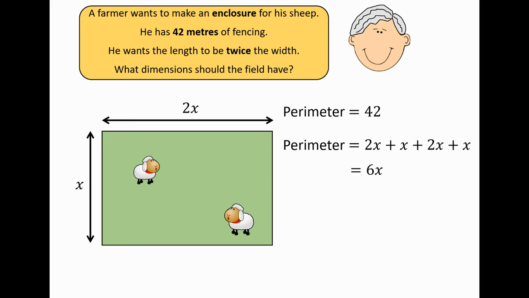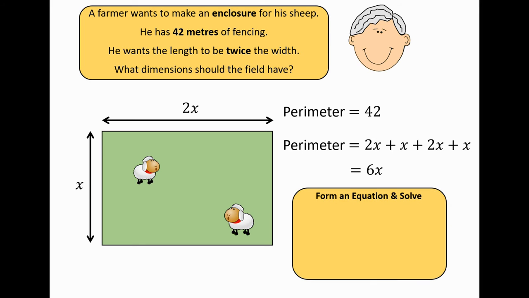But because it's given me the perimeter to be 42 meters, I can form an equation and then solve it. I can do 6x is equal to 42, and then divide by 6 on both sides, x is equal to 7. So therefore, going back to my question, it says, what dimensions should the field have? Now, my x could be 7 meters. And therefore, if my width is 7 meters, because my length is twice the width, it will be 2 times 7, which is 14 meters. Okay,